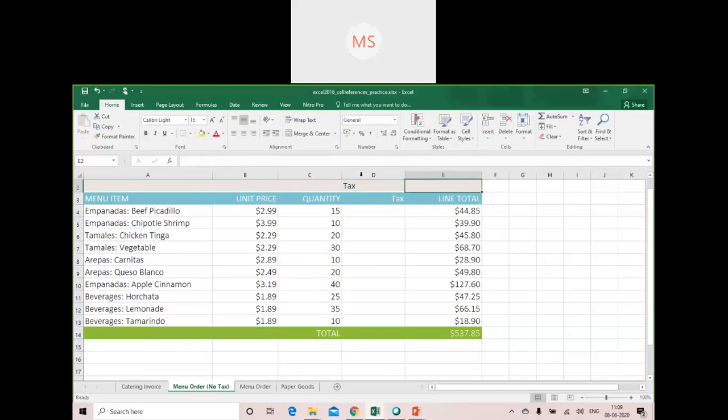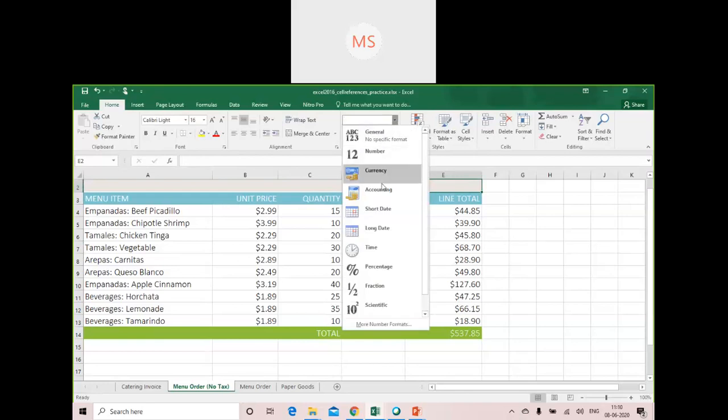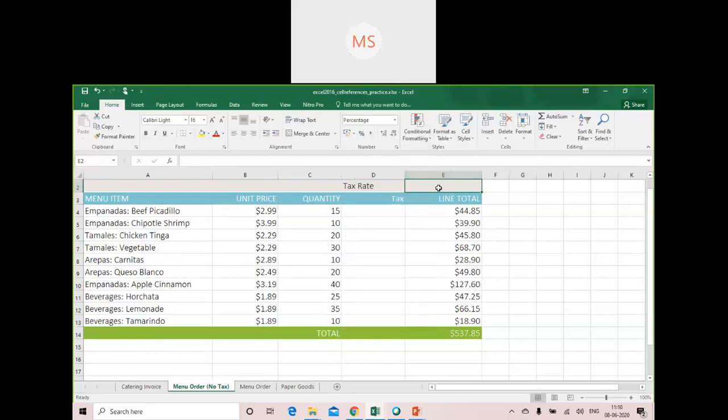So I am defining the tax rate. Okay, tax rate is defined as 8%. So I am taking percentage here, and I enter 8. So I am taking the tax rate to be 8.